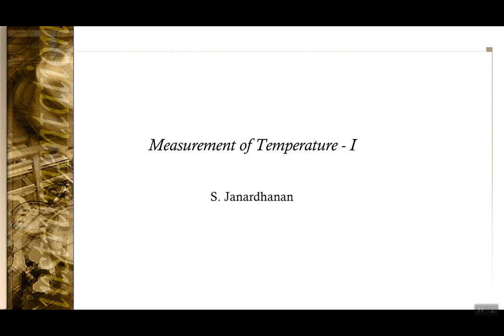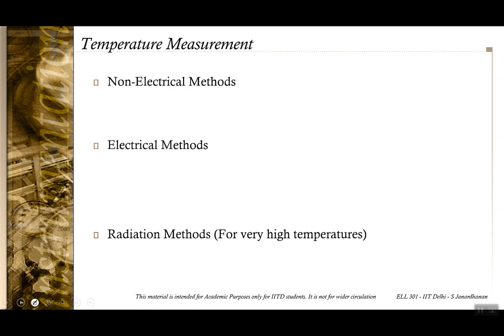Good morning. So, in the last lecture, we had seen the measurement of pressure and strain, and in the next two lectures, we would look into the various ways in which temperature can be measured. Okay, so for measurement of temperature, you have